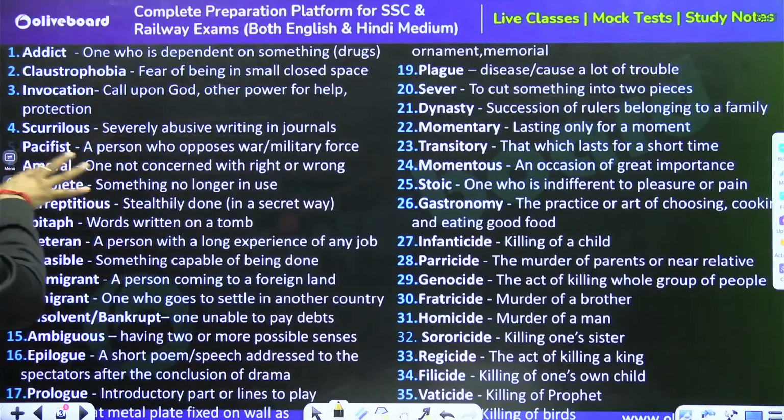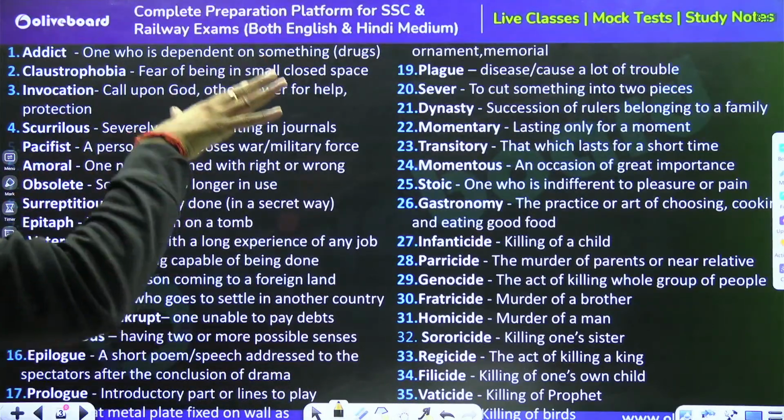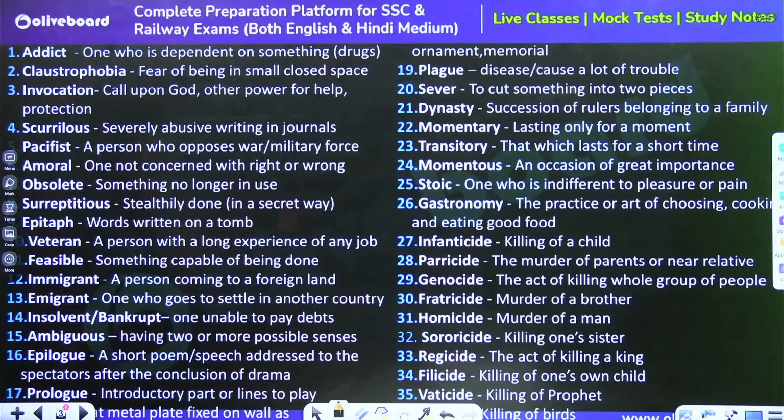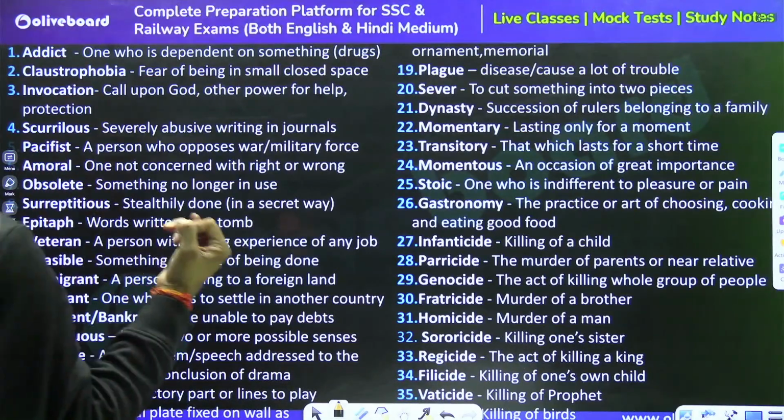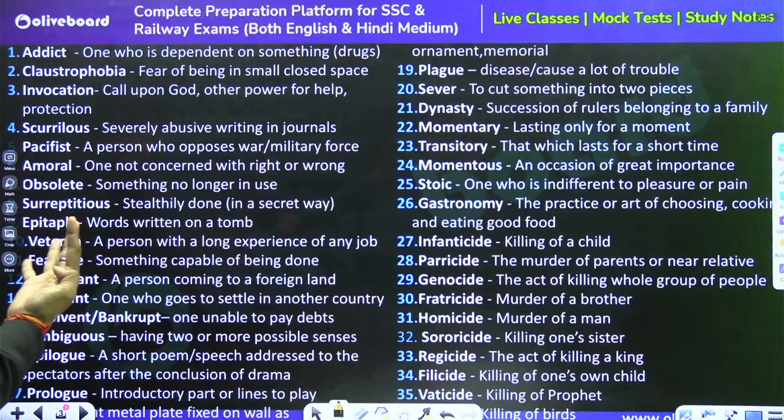Pacific, pacify, Pacific Ocean also. One who opposes war, who doesn't like to fight, for the military purposes also, in real life also, is supposed to be the pacifist. IST defines the person: IST, scientist, terrorist, artist, economist, etc.